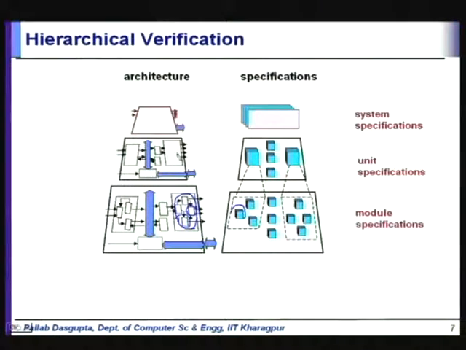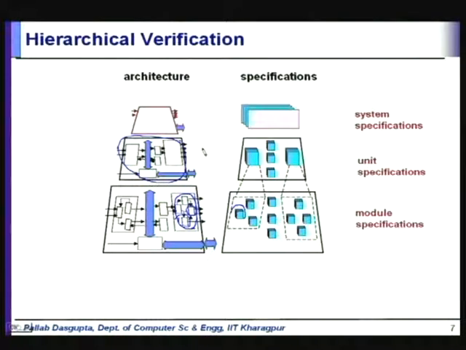Then once you have the unit verified, you plug it into the full chip. When all the units are ready, you put them in the full chip and you write a test bench for the full chip, and the full chip simulation takes place. Just to give you an example of the magnitude of this, I once was able to see the way